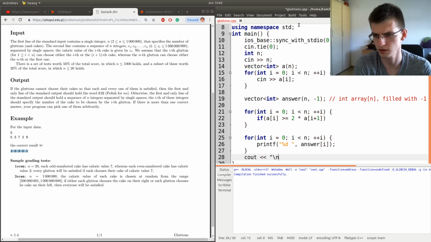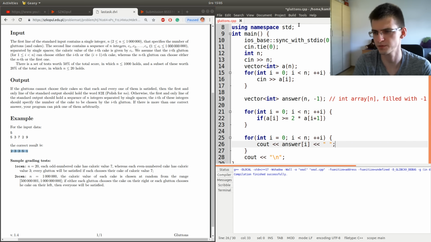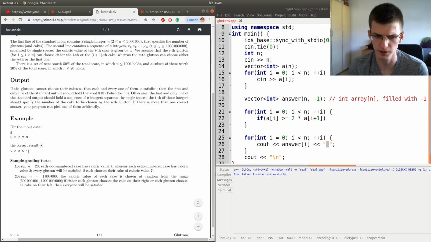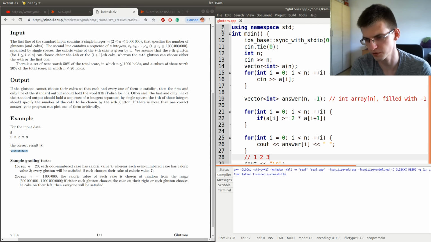With cout. And here you can see that I print a space after every number. The thing is that theoretically we shouldn't do that because the output is n numbers with spaces between them, but almost all the modern platforms, judges, things like that, ignore that last space.